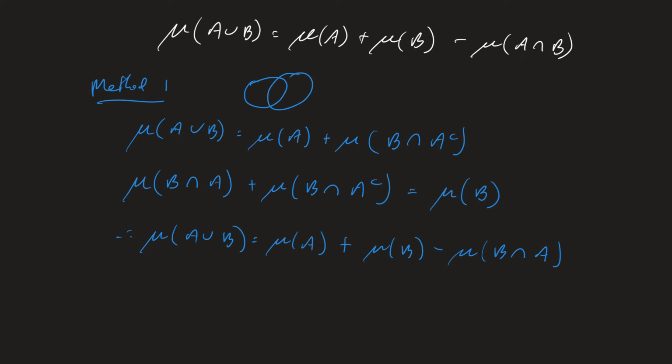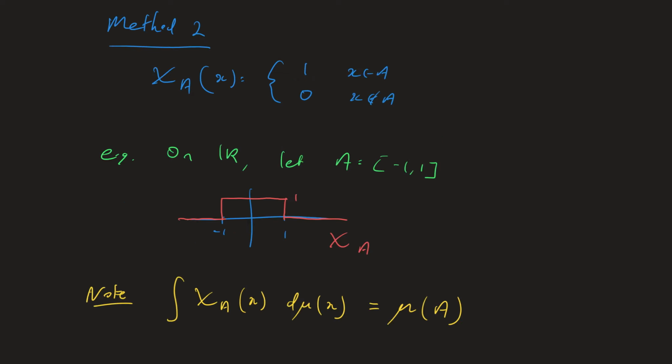This formula can be extended to more than two sets, and the proof requires an inductive step. We prefer using an algebraic method, given next. Method 2 makes use of the characteristic function of a set, which by definition, if we evaluate this function at a point x, we are going to get 1 if that point x is in the set A, otherwise we